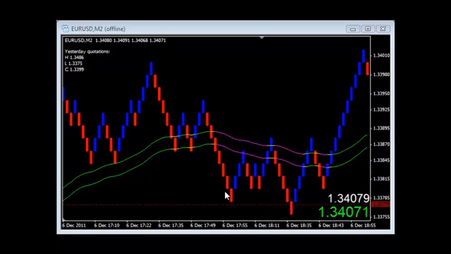For those of you that are not familiar with Renko, what you're seeing right now, the red and the blue boxes that are shooting up and down across your screen, these are Renko boxes. Renko boxes take the charting information that you get from the MT4 platform and would normally demonstrate itself with candlesticks or bar charts or a line chart if you use a line chart, and instead converts that information into these